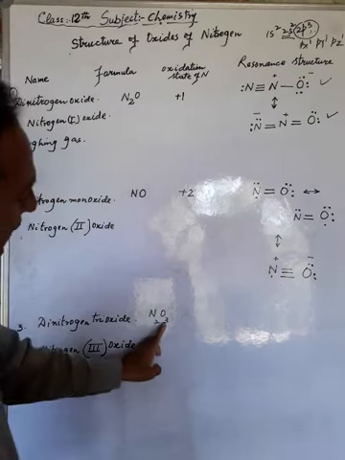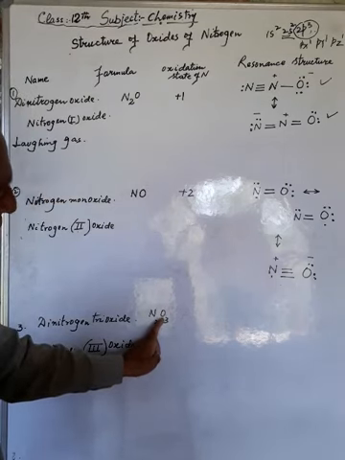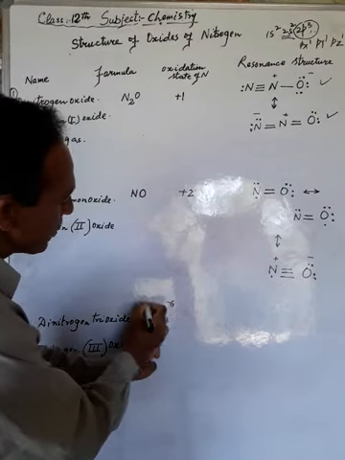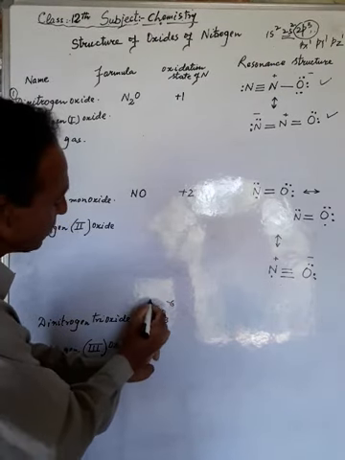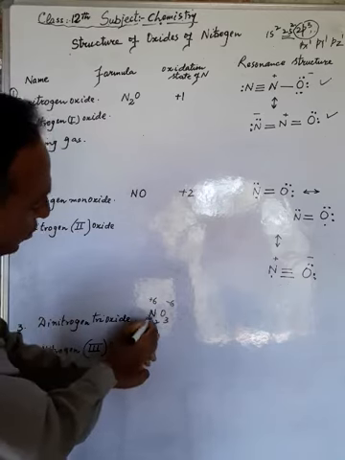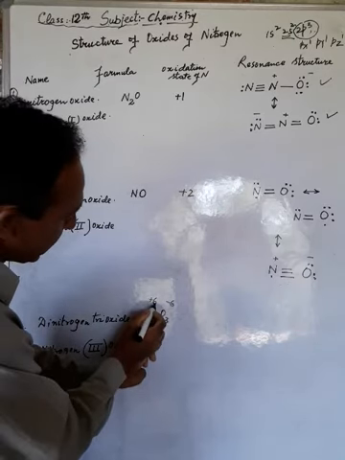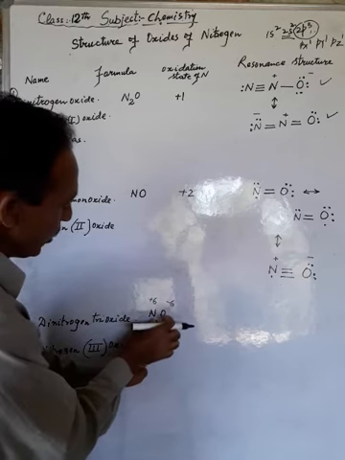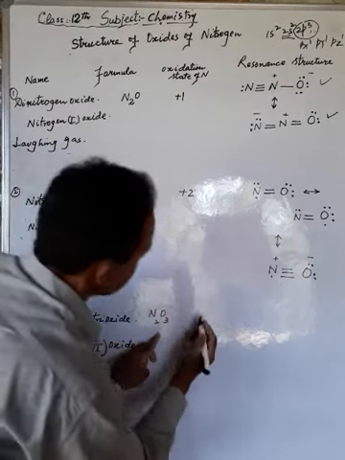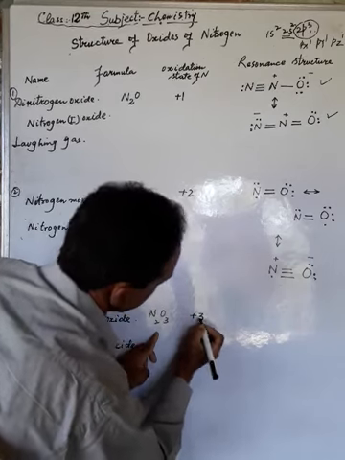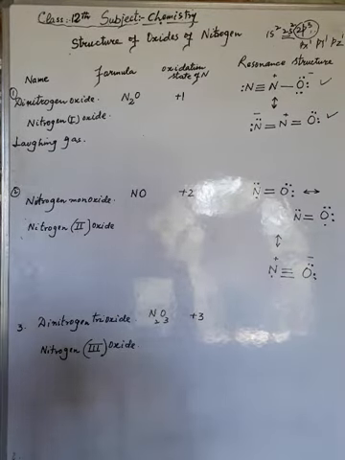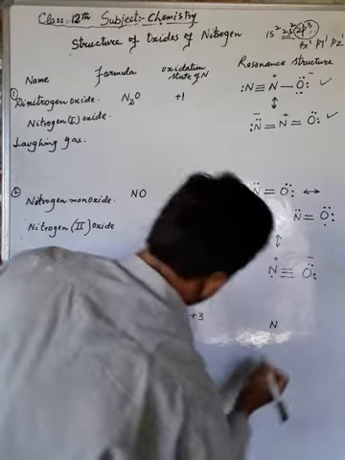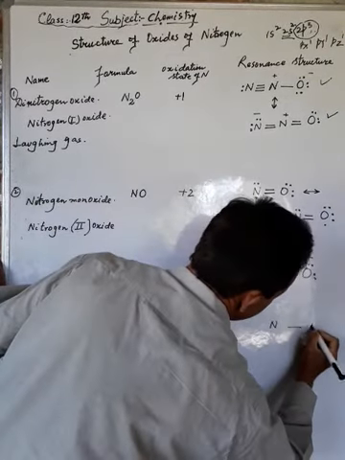In N2O3, oxygen is in -2 oxidation state, -2 into 3 becomes -6. So the compound as a whole is neutral, so N2 must have +6 charge. So for N2, we will divide +6 by 2, that is +3. So in N2O3, nitrogen is in +3 oxidation state, and the structure of the compound is N